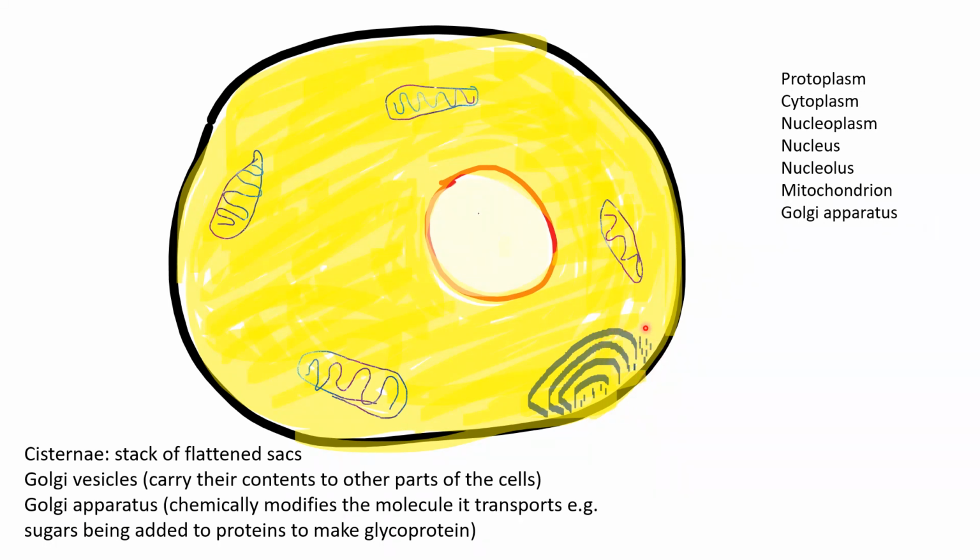The whole apparatus functions to chemically modify the molecules it transports. For example, if it transports sugar, it can add proteins to make a glycoprotein, and then transport it. The vesicles carry it from one place within the cell to another, or to the cell membrane. Okay, another